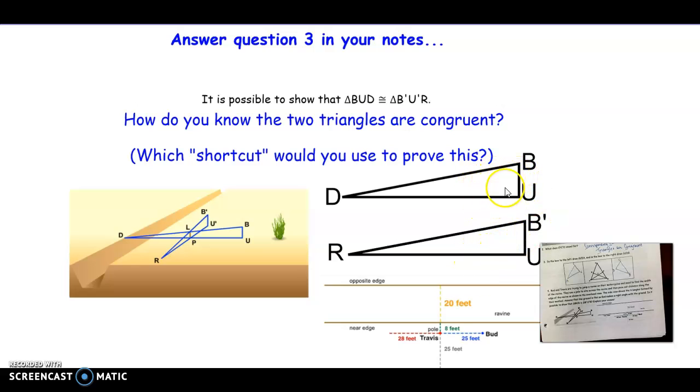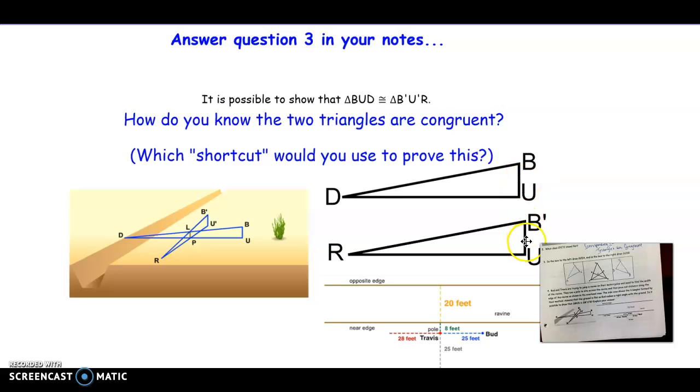What information would we know stayed the same in these two triangles? What are informations that we knew? Well, remember the BU right here on this segment, that represents Bud. And did his height change when he walked from here over to here? Of course not. So we would know that BU and B prime U prime would be congruent to each other